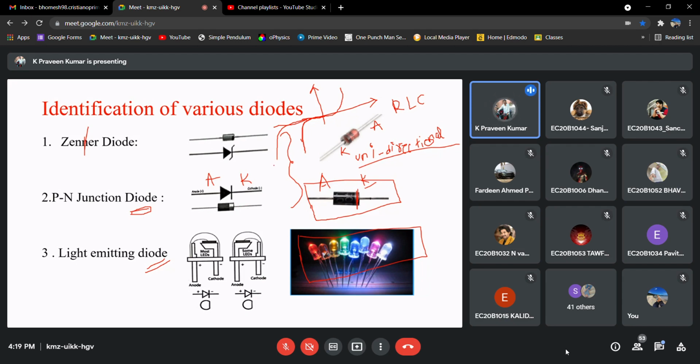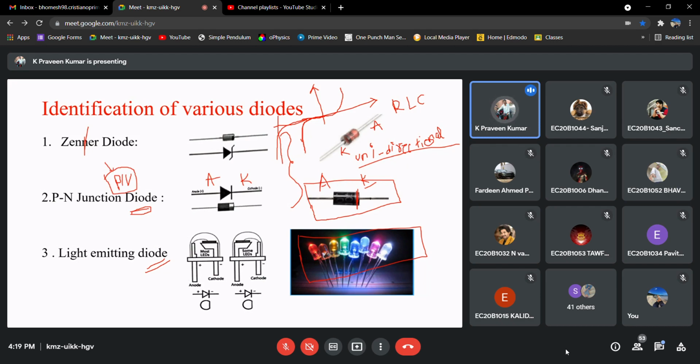So in general, we will not be operating this basic PN junction diode in reverse bias. Yes, of course you can operate it, but we have to ensure that it is not crossing a particular limit. If you observe the data sheet, they will write this value, peak inverse voltage, or maybe something like reverse voltage.